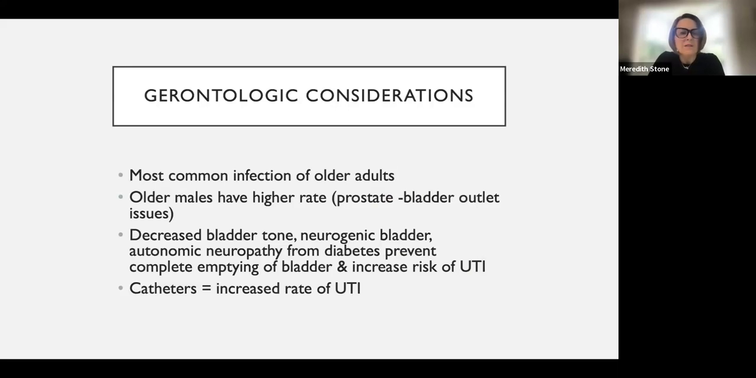Now, again, this is a very common infection in older adults, more male than female, for all of the reasons that we talked about already. The inability to maybe feel or have decreased bladder tone, not being able to empty, like with diabetes, right? Just like you have neuropathy in the feet, they can have autonomic neuropathy, which then affects the bladder, and they're not able to empty. Urinary stasis increases the risk of UTI, and there's a hugely increased rate if people have catheters, which older people are more likely to have